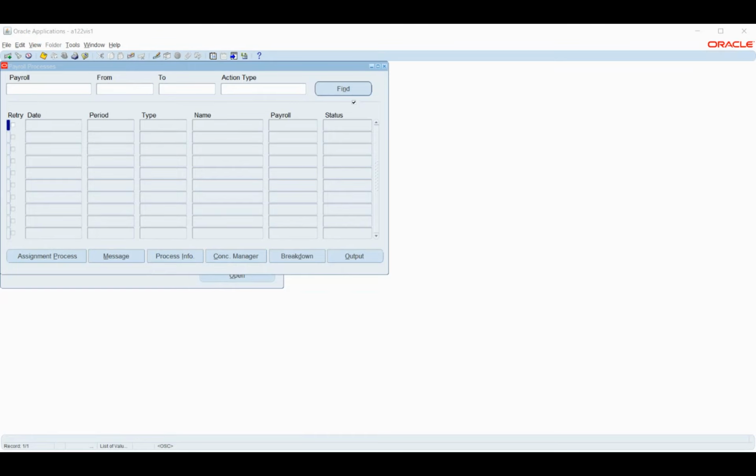Sir, at the starting of the class you talked about banking, for creation of banks. Sir, it comes under cash management only, no? Yes, correct. That is finance cash management setup. So banks will be created only by finance, no? Yes, correct. That is what I was saying. So it will be created by finance.